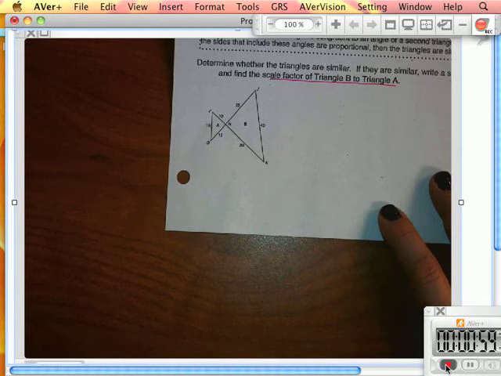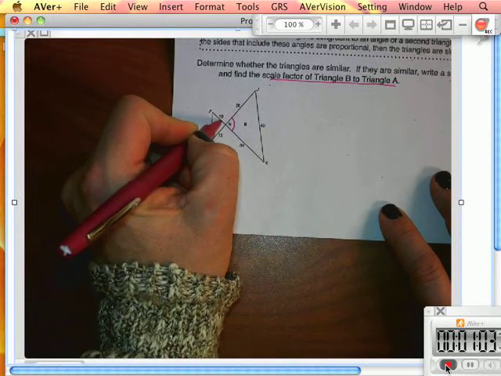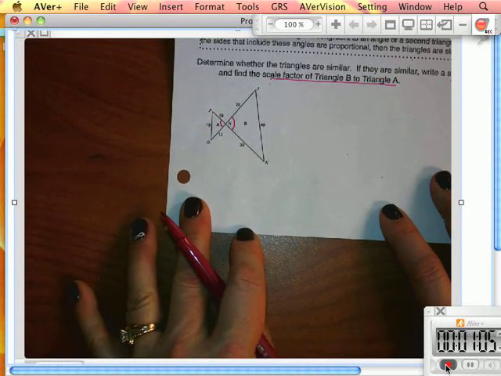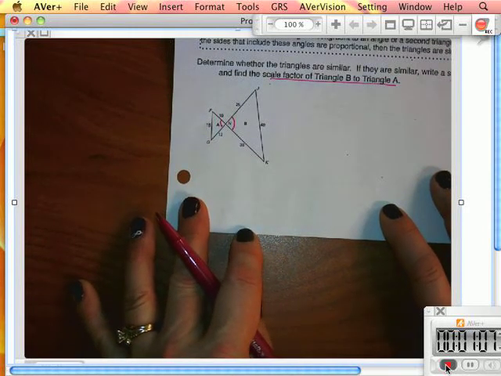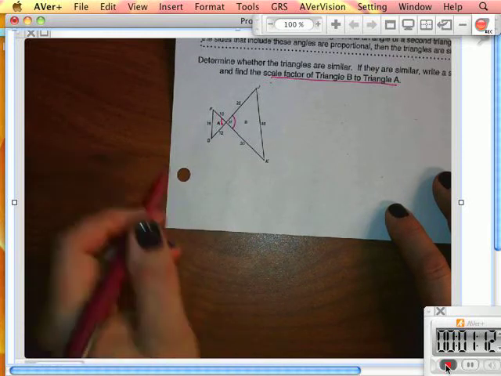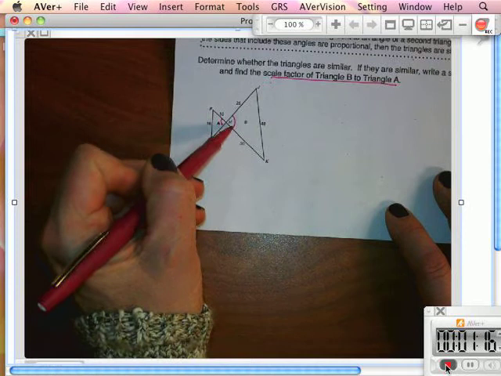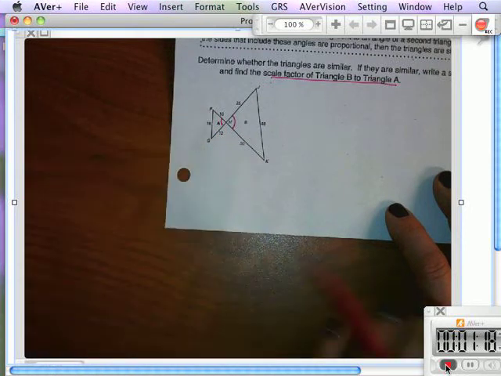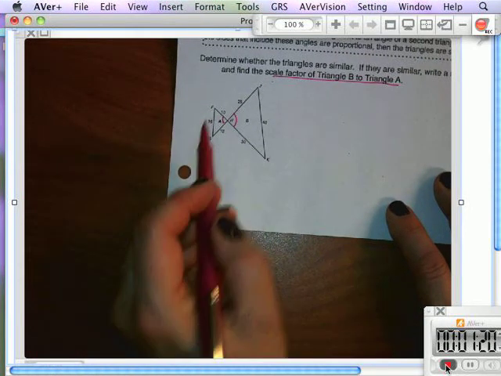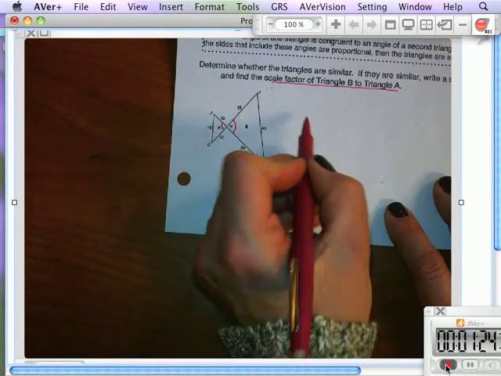Serena. Okay, I know that A and H are congruent, because they're vertical angles. So I'm guessing that I'm going to work with these two sides, the angle, and these two sides to see if I can prove they're similar. So I need to prove side angle side, which means I need to prove that this ratio, 10 over 25,